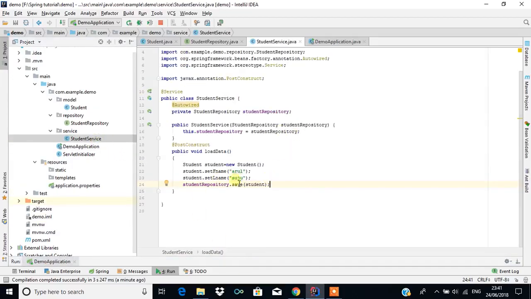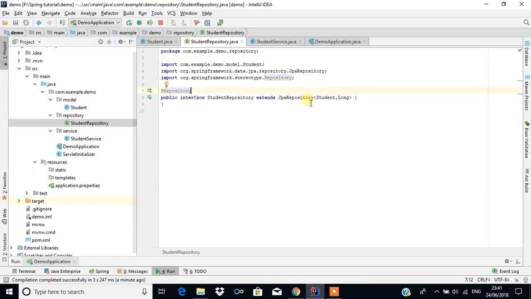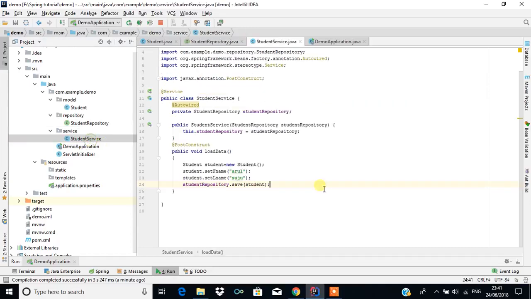or using the service we can assign the value for that particular class, and we can save it with the help of the student repository, because we know that this student repository is extending the JPA repository, and this JPA repository extends some other class, and that particular class will have something called save in it. So using that method, it saves the content. So this is how we store the content without the help of the script called data.sql.